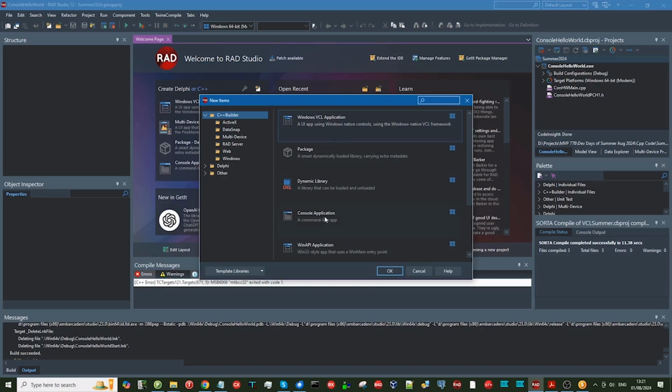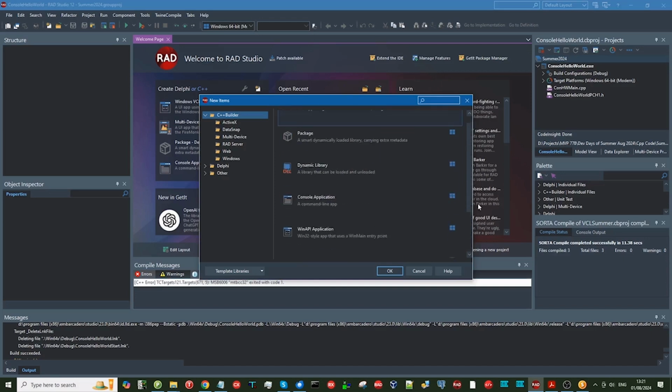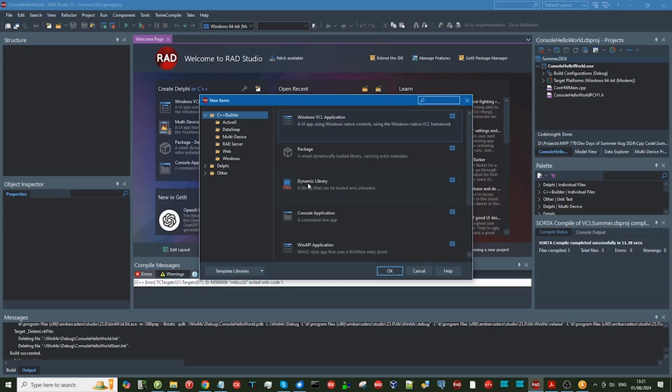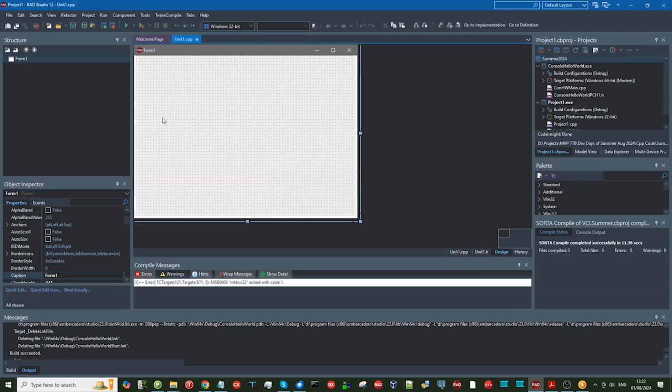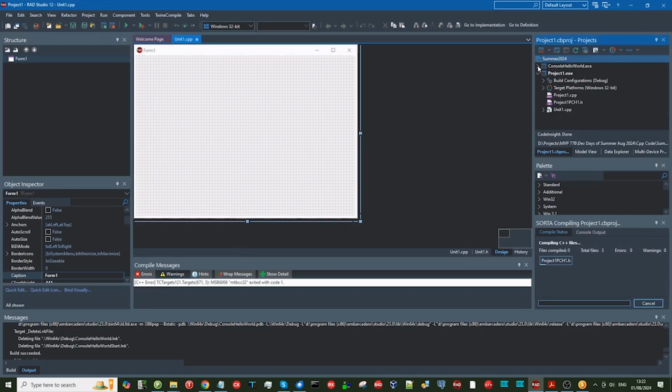The console application we've already demonstrated, and there are various other options. A Windows DLL is one. A package is an Embarcadero structure to allow the transport of components from one user to another very conveniently. We'll select Windows VCL application, and you'll see that it creates a form here, and if I close up the Hello World project, you'll see